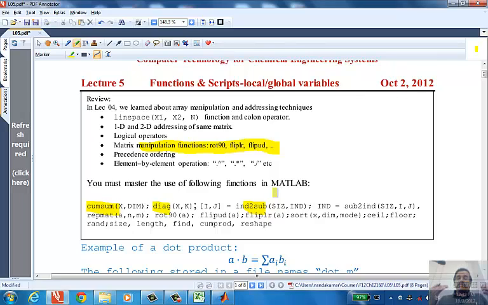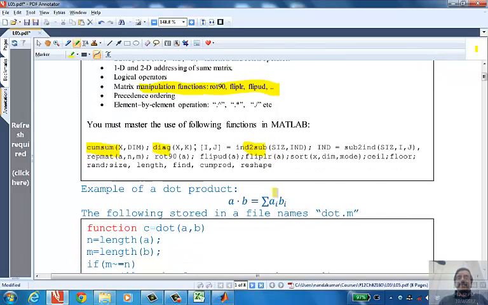Okay, so now we are going to learn to write our own functions, and in doing so we will use the functions that are built in to solve a variety of problems. Okay, so example of a dot product, you must have seen this in linear algebra. Okay, so this is a definition of 2 vectors. If you give me 2 vectors A and B,